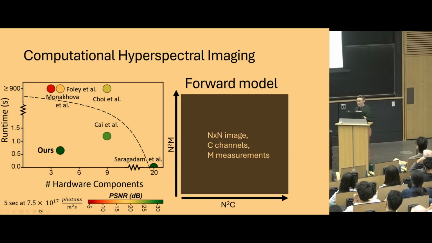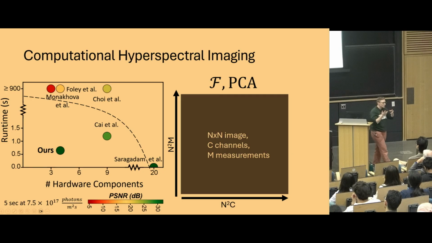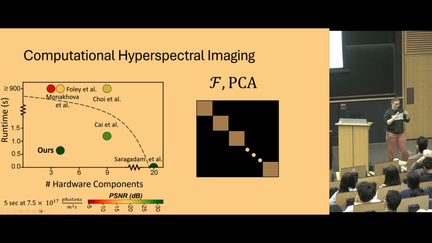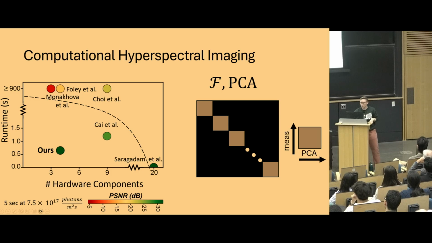And so if we want to use any of these nice methods, we've got to play some tricks, right? The nice thing about defocus operators is that they enable a good set of tricks. So this is just kind of a cartoon. But if we Fourier transform our data and play our PCA projection games, we can actually reduce the structure of this forward model in a nice way and pull out a bunch of small independent linear systems that we can solve in parallel. So we go from a gigantic matrix to number of PCAs that you want to reconstruct by number of measurements. For us, that's 5 by 5. They grow per pixel, but that's not a big deal. We can solve a bunch of 5 by 5 inverse problems in parallel, no problem.